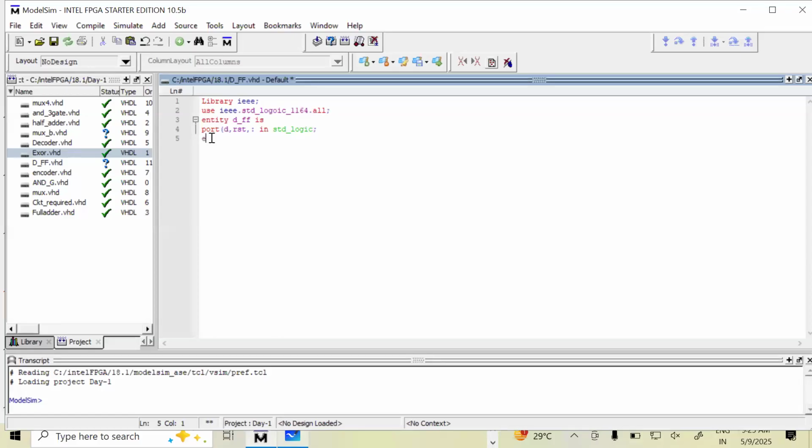For that, end entity, and there you have to use CLK also, and let Q is the output. So Q is out STD_LOGIC. Then is closed. Then is architecture data flow